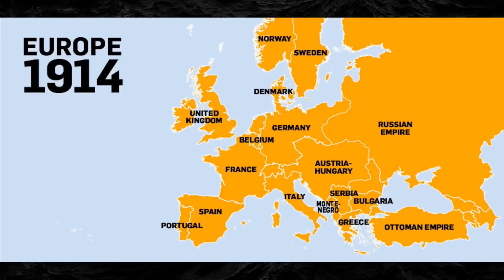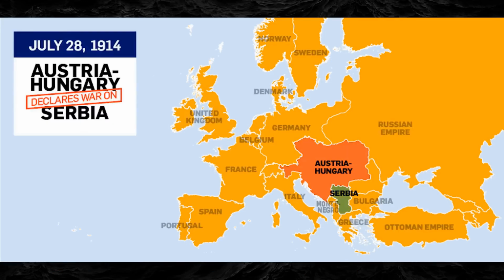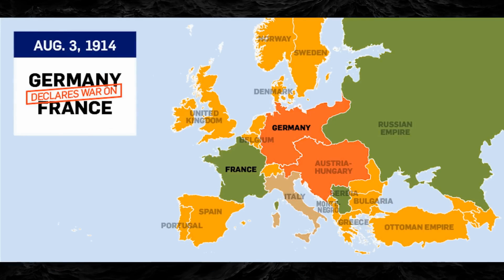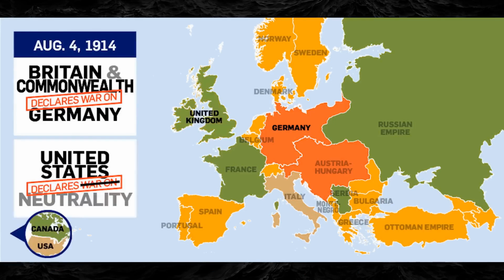In this calculation, they actually see themselves a bit more on the side of Russia. More precisely, they see themselves on the side of France. They don't care much about Russia. It seems like these things take a long time, but on August 1st, Germany declared war on Russia. On August 3rd, Germany declared war on France. On August 4th, the day after, England and the British Commonwealth completely declared war on Germany.